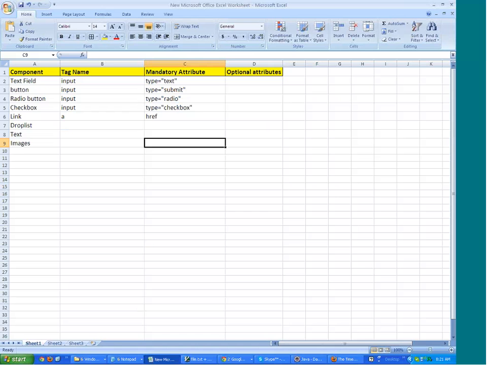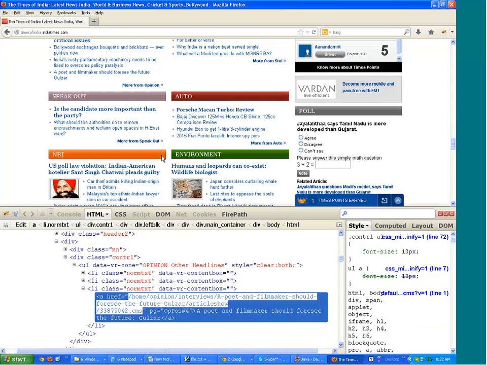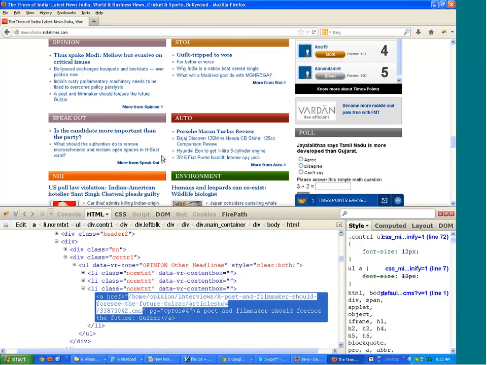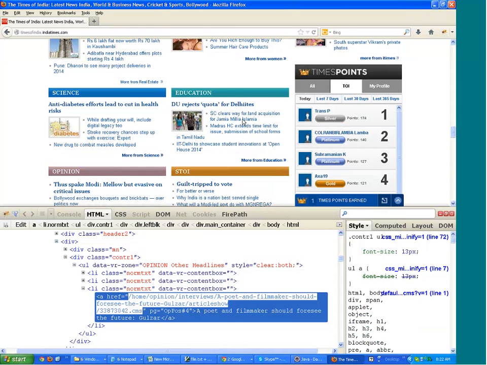Okay, once you click on the link. So if you take it into consideration, then for a link the tag name is A and the mandatory attribute is href. In case of a list, a drop list, for example, this is a drop list,